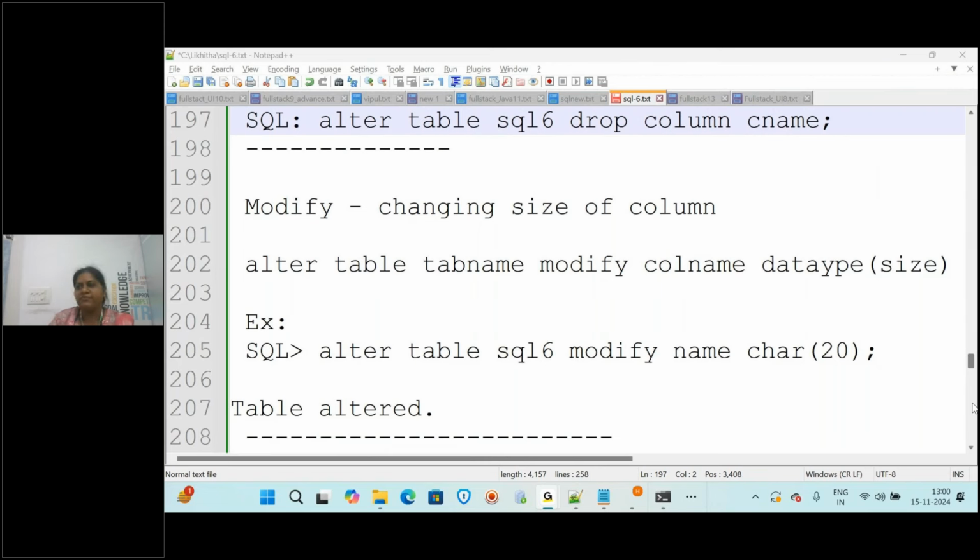Okay, so once we start Monday we will do all the queries once: create, insert and alter, rename,